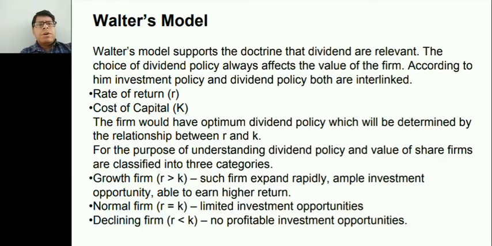When we talk about this Walter model, we have classified the firm into three categories. The first is growth firms, second is normal firms, and third one is declining firms. Growth firm, when the rate of return is greater than the cost of capital, that kind of firm is having lots of expansion facility, their expansion is rapid, there is ample investment opportunity, they are able to earn higher returns. Normal firms have very limited investment opportunities and they are like a stable firm. Declining firm, when the rate of return is less than the cost of capital, that kind of firm is having